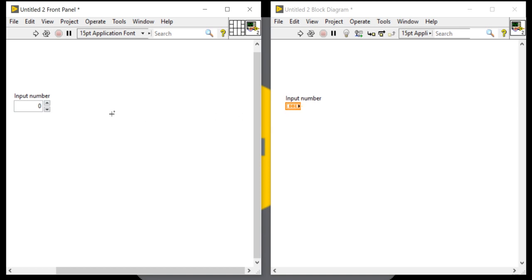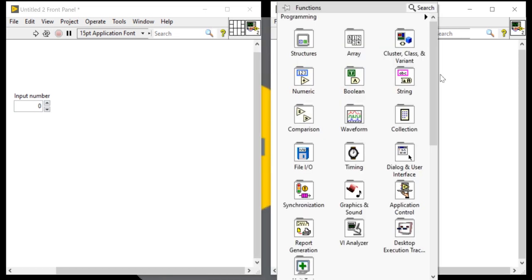After that, what is the logic? Let's discuss the logic first. If any number is completely divided by 2, that means that is an even number, right? So what kind of program can we write?